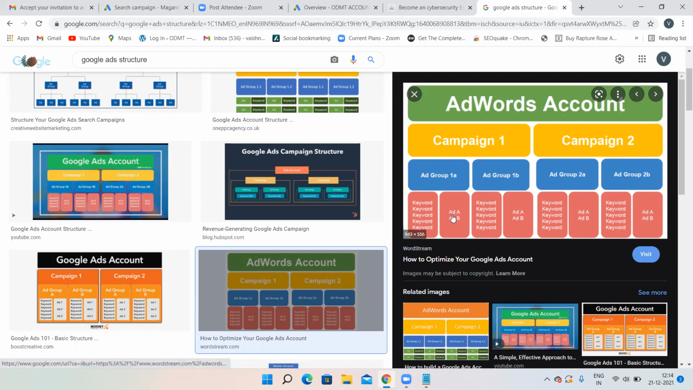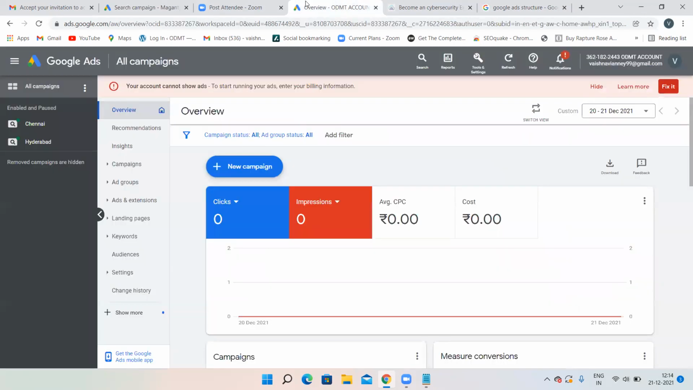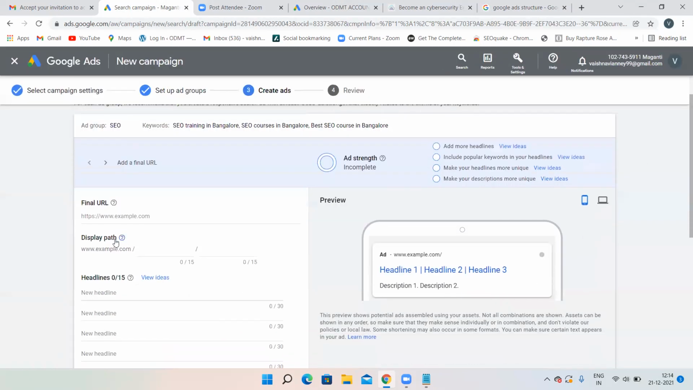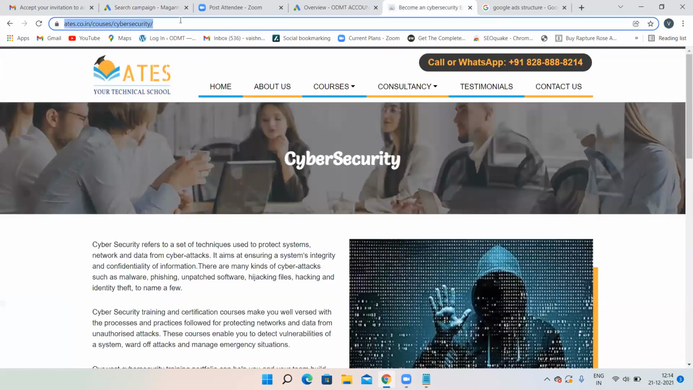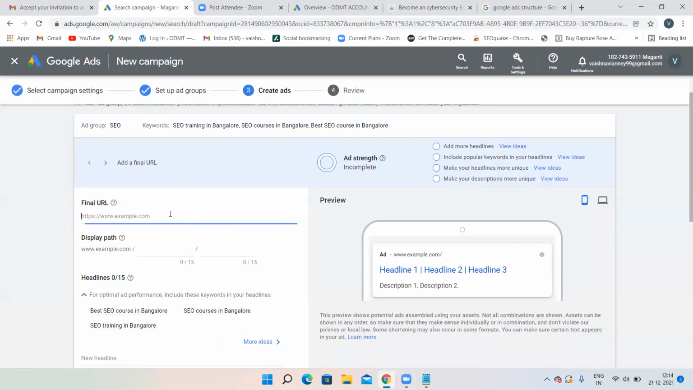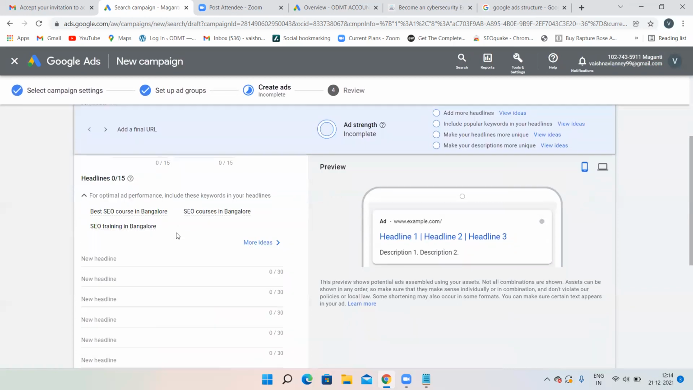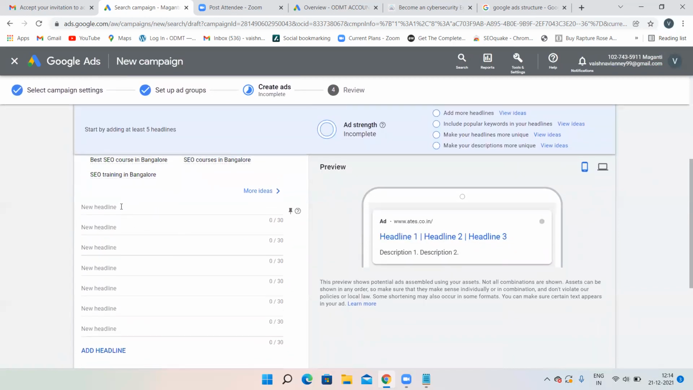Now I have to create my ad copy. Come back over here. Now you have to create your ad copy. Give the final URL of the website you are creating it for. Copy, paste it over here. That's it. Then display path, tomorrow we'll learn. Coming to headlines, you have to give some headlines over here. As of now, I'm giving some headlines as